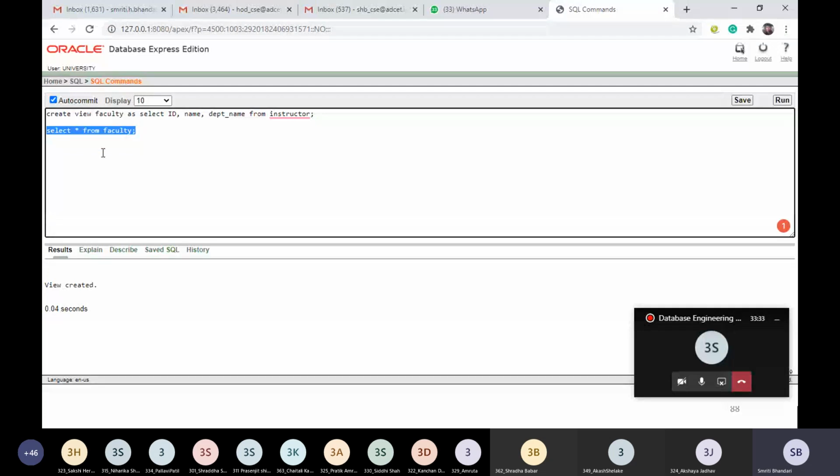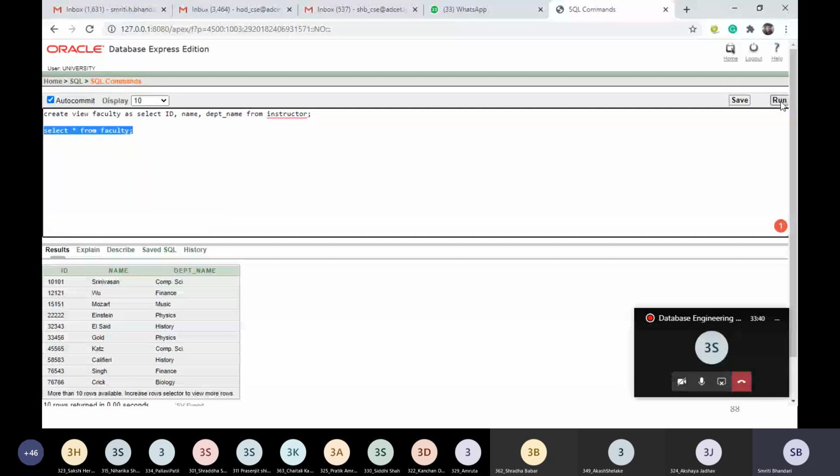So see here, we are now extracting the data. Select star from faculty. See what we are getting.